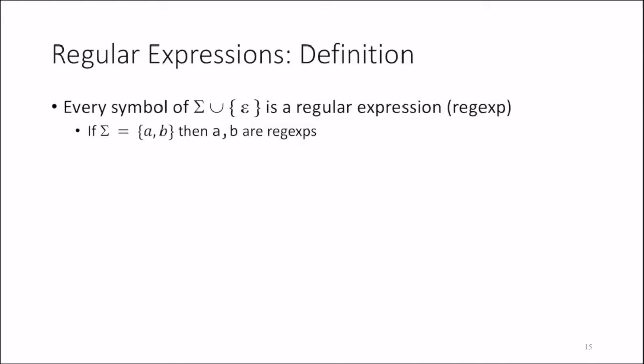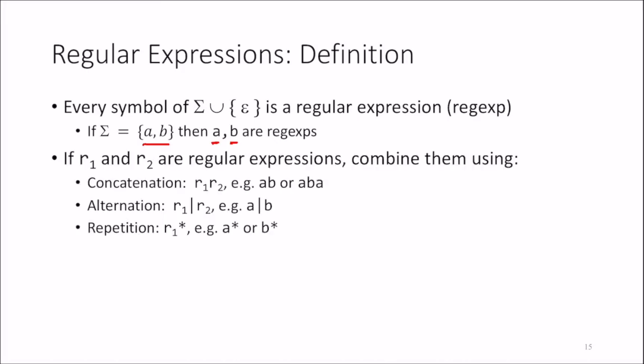A regular expression is defined in almost the same way as we define regular languages, which is not surprising because we want a one-to-one correspondence between the regular expressions and the regular languages. So every symbol in the alphabet is a regular expression. And so if I have an alphabet with two elements, A and B, then A and B by themselves are regular expressions. If R1 and R2 are regular expressions, so now we're recursively building more complex regular expressions, we combine